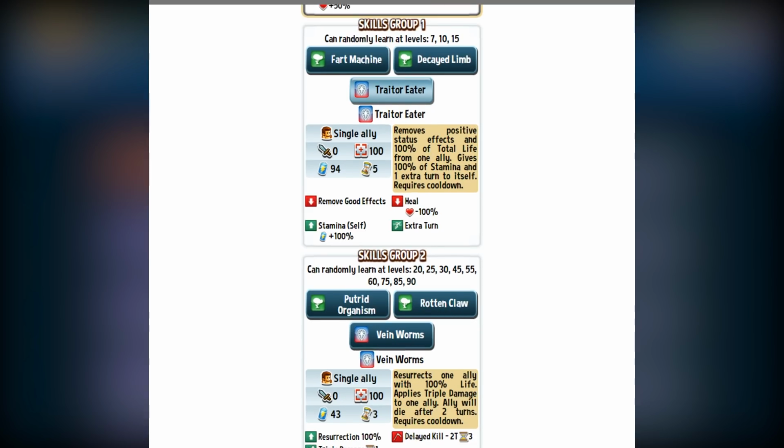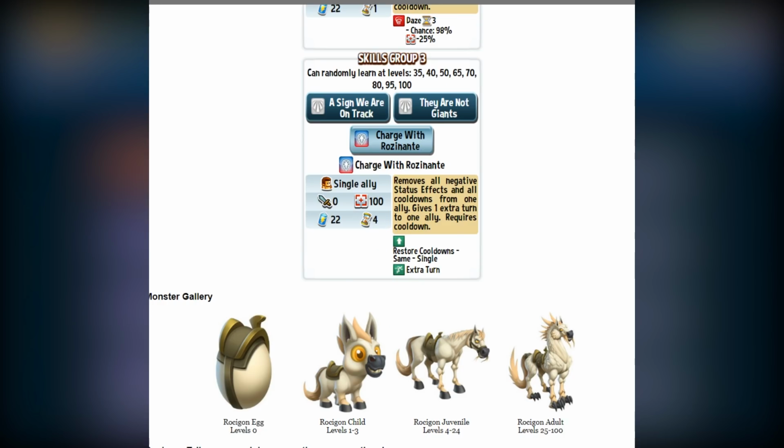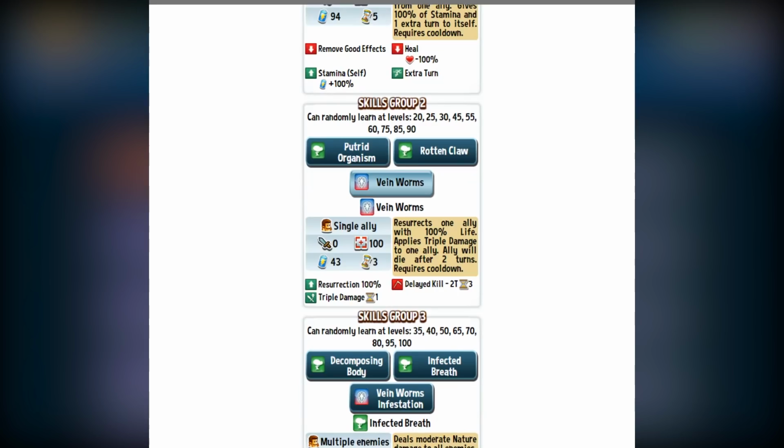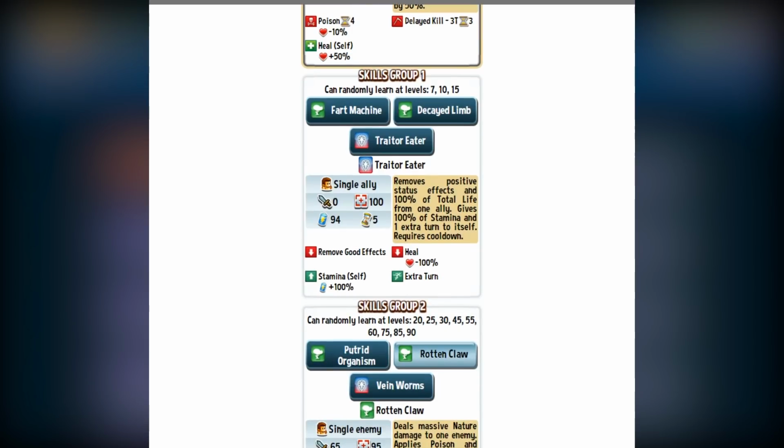Rossigon is back from the dead. Rossigon, just to show you guys, does Charge with Resonance, which removes all negative status effects and all cooldowns from one ally, and gives one extra turn to one ally. So then Fatid gets an extra turn. He has 97 stamina, enough to do Trait Eater. He does Trait Eater on Rossigon. Rossigon dies again, does Vine Worms to bring back Rossigon. Rossigon comes back from the dead, does Charge with Resonance on Fatid, and then that chain continues forever and ever